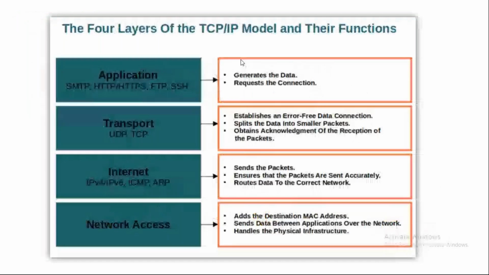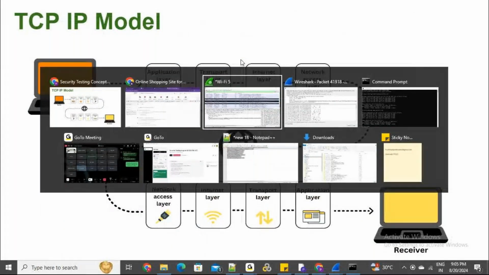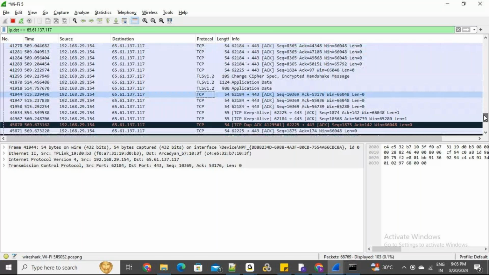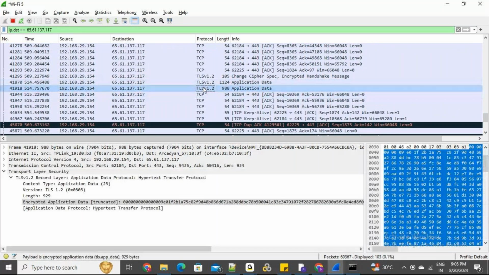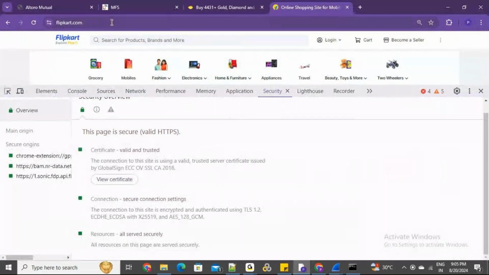Okay, a very brief note on TCP and UDP. If you see in Wireshark, you will see a lot in the protocol column. You will see TCP and TLS. TLS, as I said, is the HTTPS protocol. But for any communication, when you send a request from your browser and enter flipkart.com, there are 4 levels of